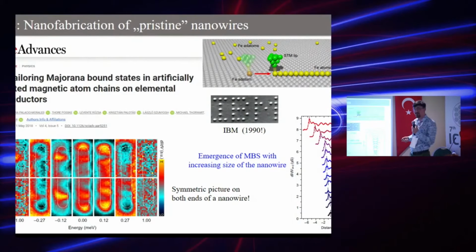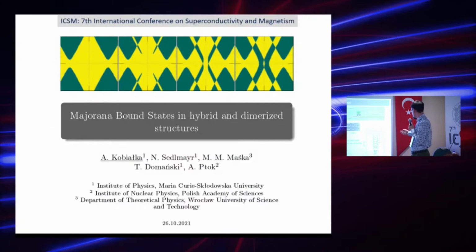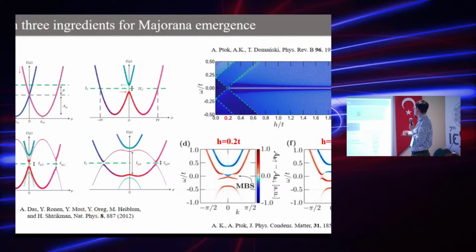As you can see here, there's the topography of this pristine nanowire, and at zero bias, we can see that there's a non-zero differential conductance, which is a smoking gun of Majorana-bound states' existence. So, in the case of the theoretical ingredients needed to create Majorana-bound states, we start with the typical